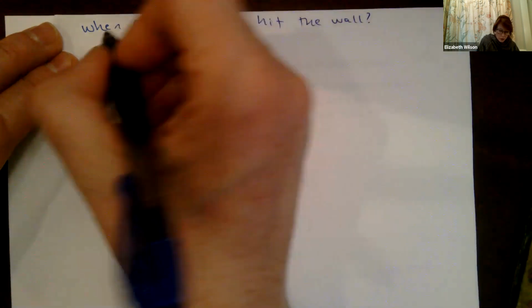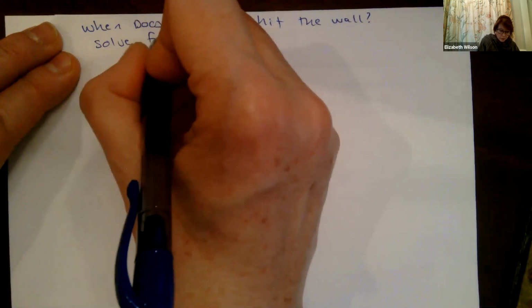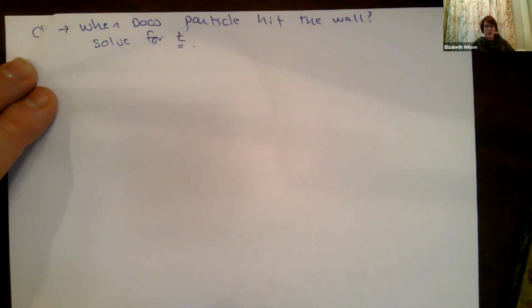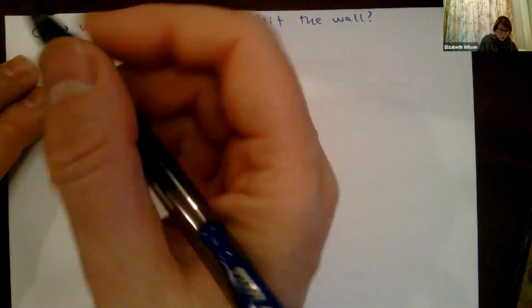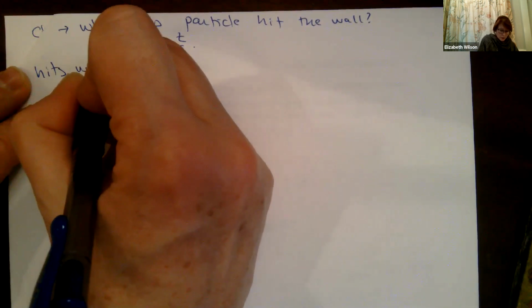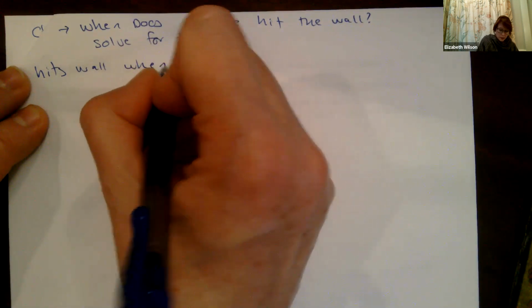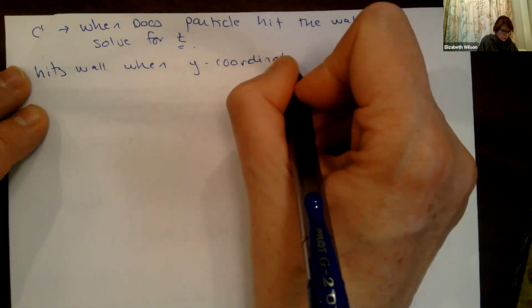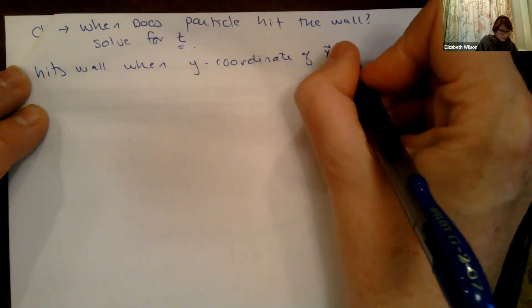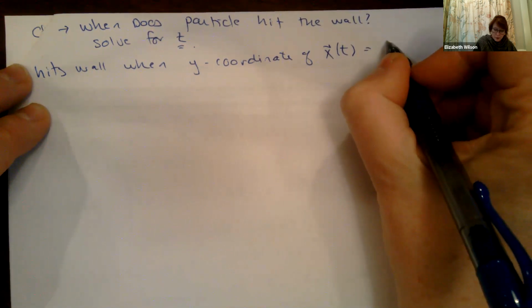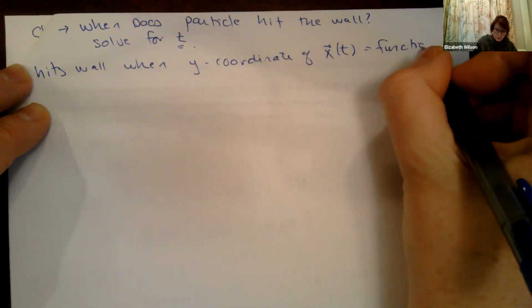Right, so I need to solve for t. Okay, that's my big question. And I need to know what that time is so I can figure out a bunch of other stuff. So it's going to hit the wall when the y coordinate of our x of t is equal to our function